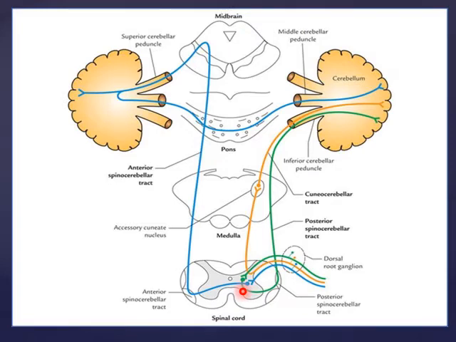So the spinocerebellar tracts can be further divided into the posterior spinocerebellar tract, which is shown in green over here, and then you have the anterior spinocerebellar tract, which has been depicted in blue over here. And then you have the cuneocerebellar tract, which you can see in yellow over here. It's yellow or orange, I don't know, but it seems yellow, I guess. For every tract, as has already been explained, you must know where the first order neuron is, where the second order neuron is, and then where the third order neuron is.